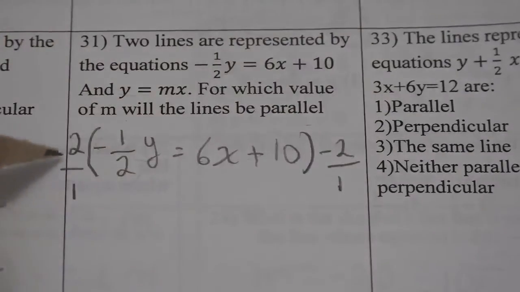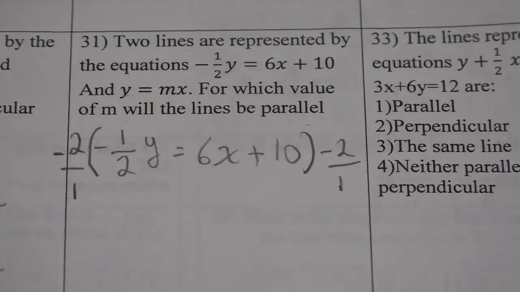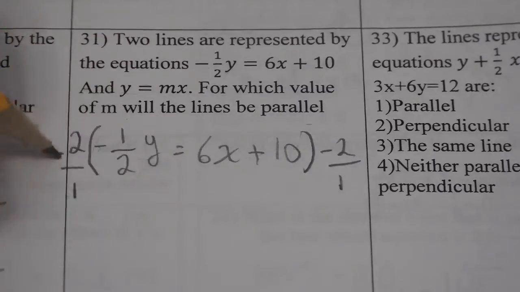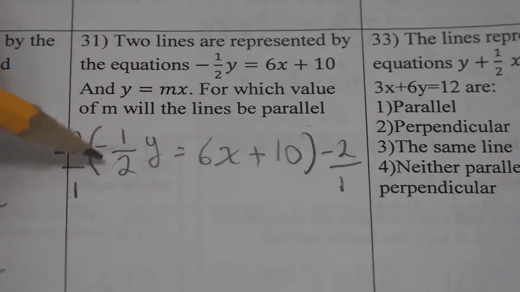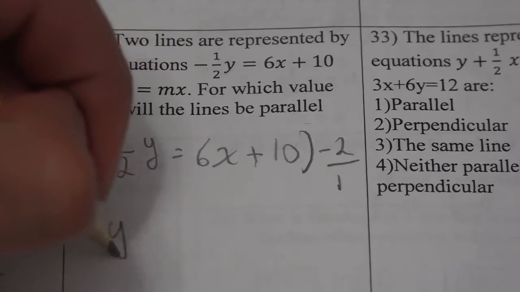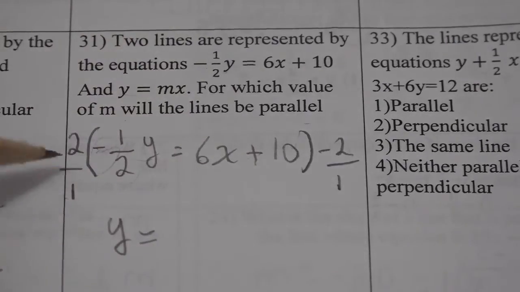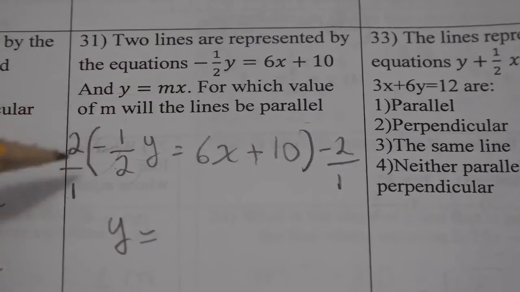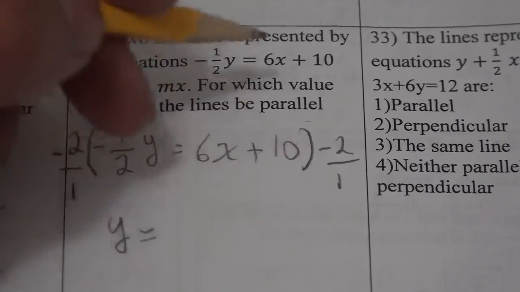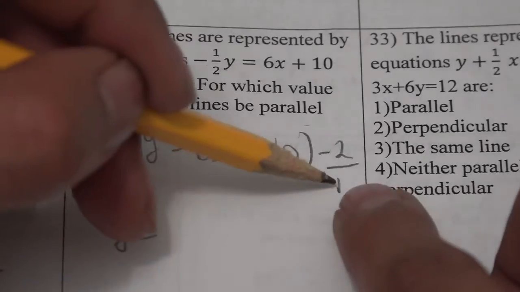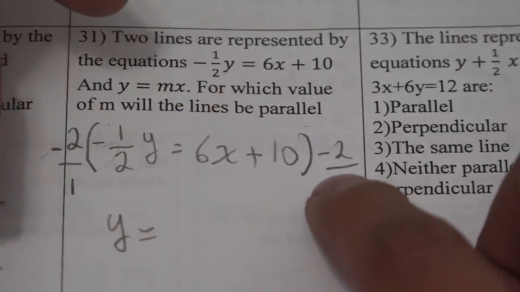It doesn't really make sense to me to put a 1 under it, but hey, whatever works. So anyway, the idea behind multiplying by the reciprocal is to get rid of that number. Look, 2 cancels with 2 and 1 cancels with 1. Negative times negative is positive, so y. Now here, remember, anything divided by 1 is itself, so it really doesn't make any sense to put a 1